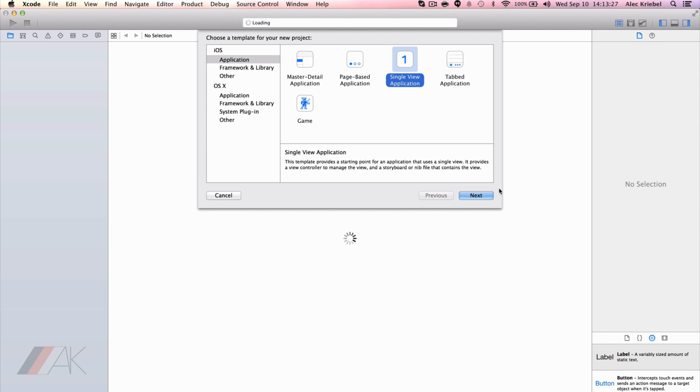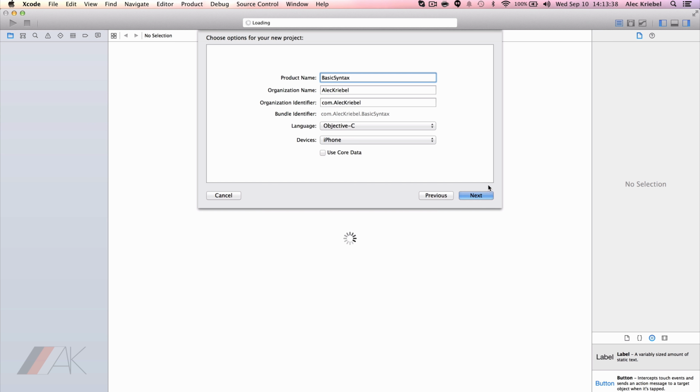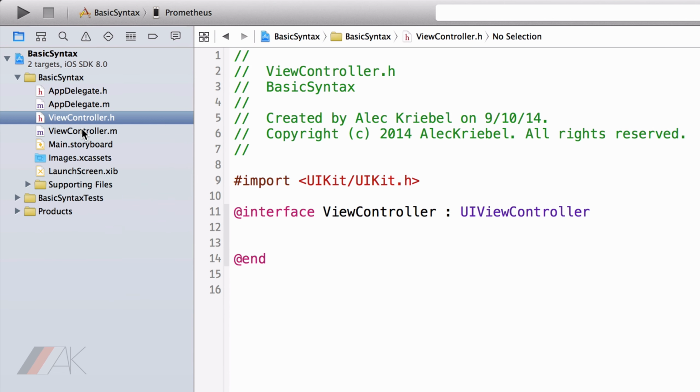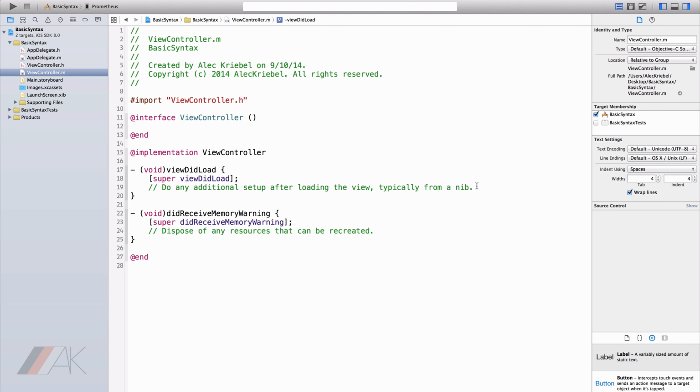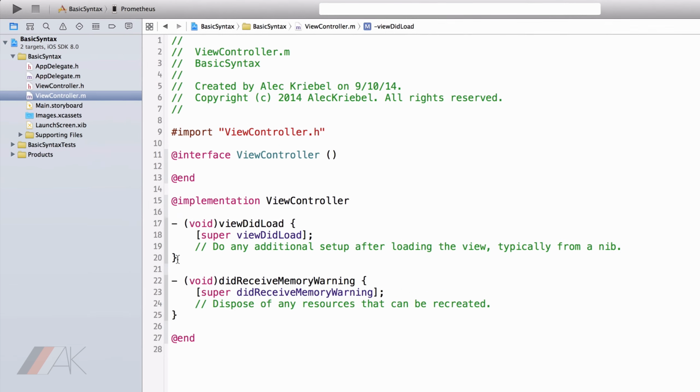I'm going to open Xcode and navigate to get a new project. For this, I'm going to use Single View Application. Once I've filled in the basic details for my project, I'm going to go to the ViewController.m file that Xcode has generated for us. The first thing I want you to notice in this ViewController.m file is the viewDidLoad statement